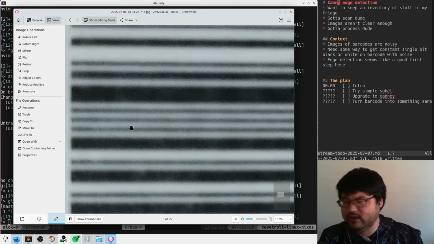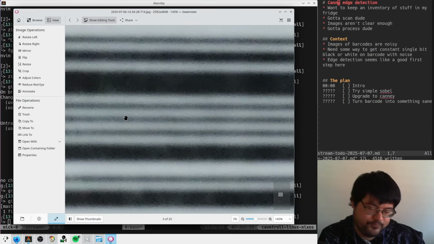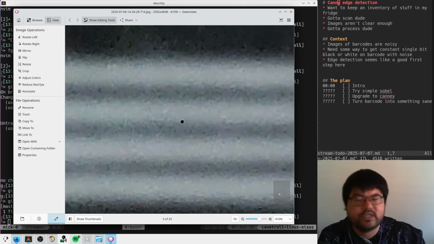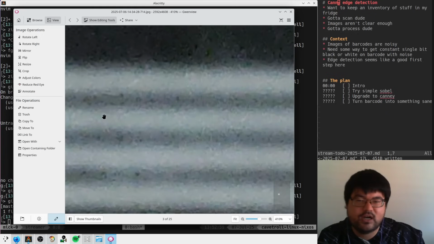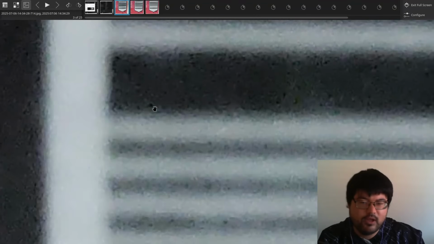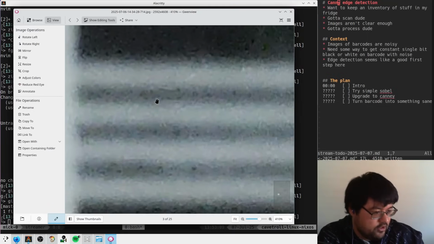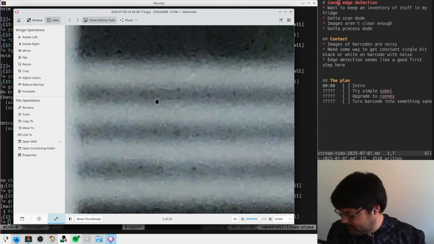And if we were to try to draw edges here, the first thing that we might do is iterate downwards, right? We might go blump, blump, blump, blump, blump, blump, blump, and we might say, hey, if the pixel below is significantly different than the pixel above, that's an edge, right? And that's basically what